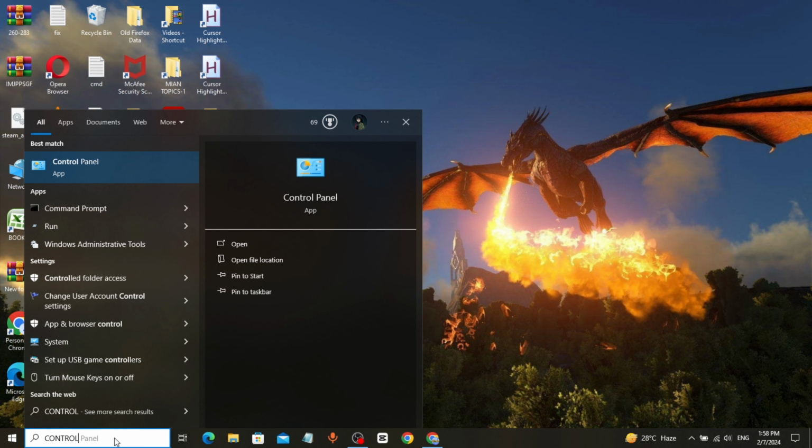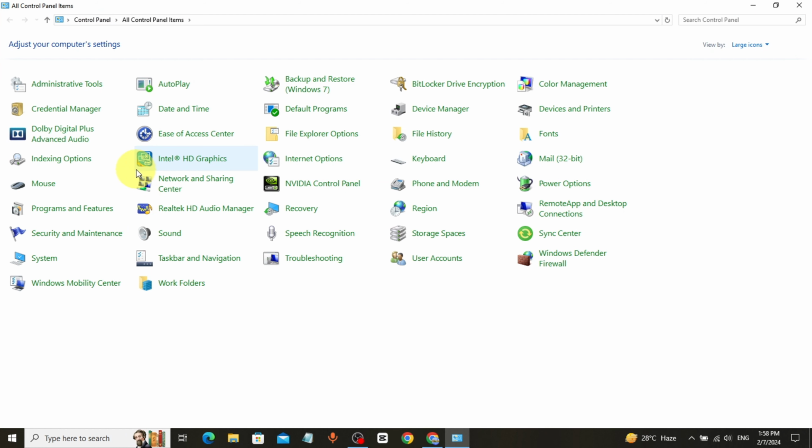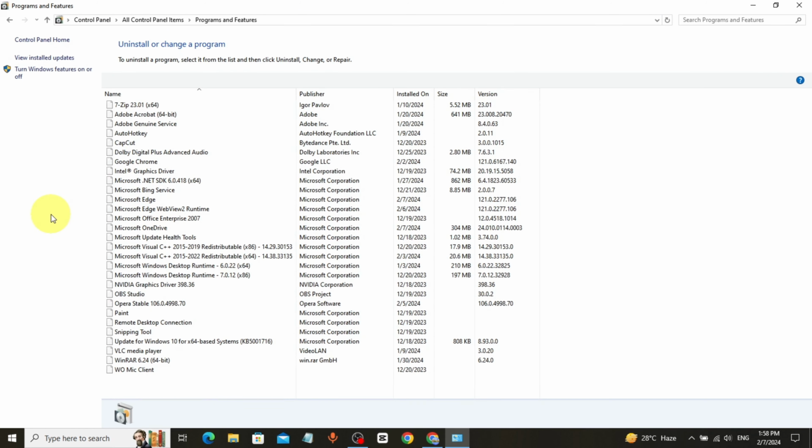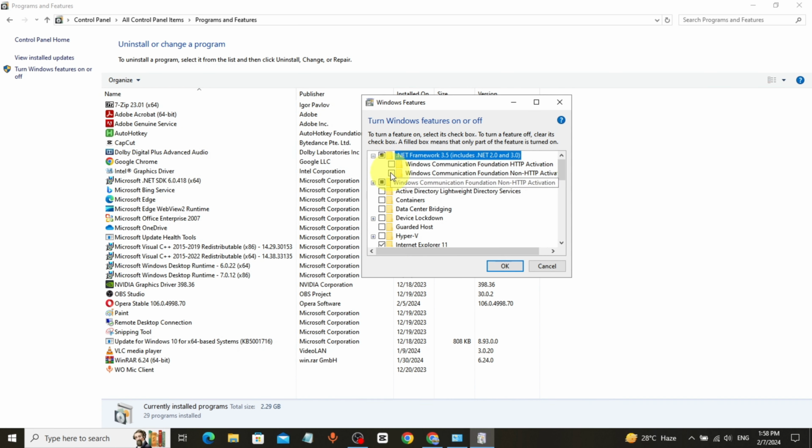Method 3. Go to Windows search bar, type Control Panel, click on Program and Features, click on Turn Windows Features on or off, make sure you have first option checked, expand and check both the option, click on OK, restart